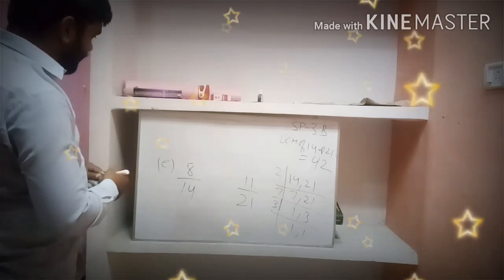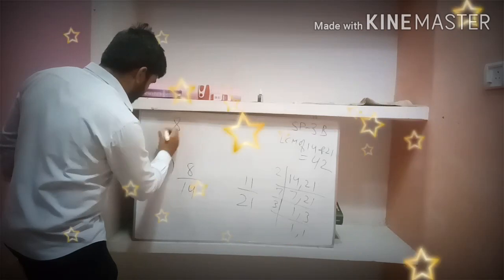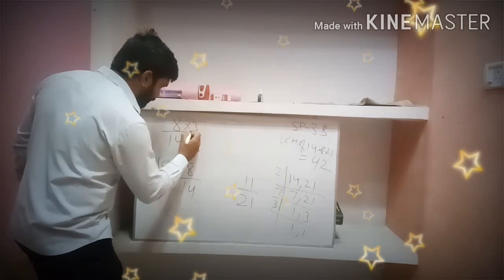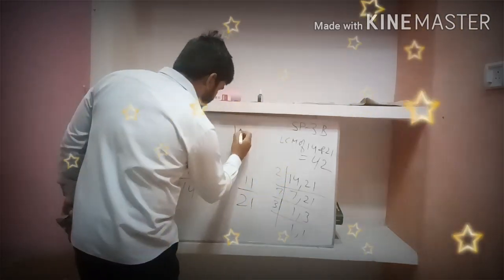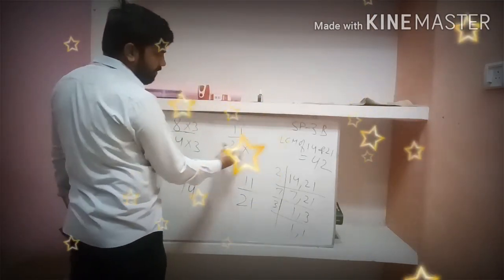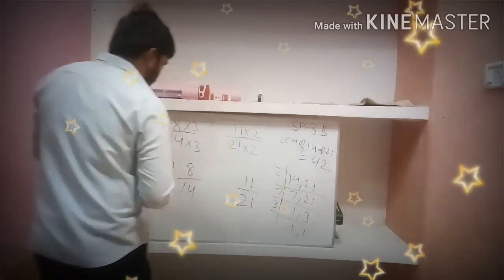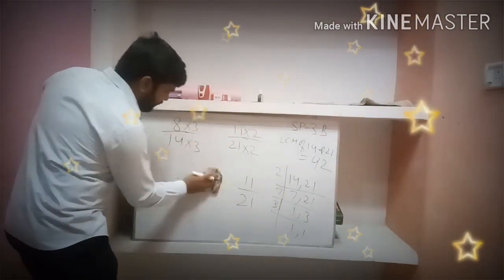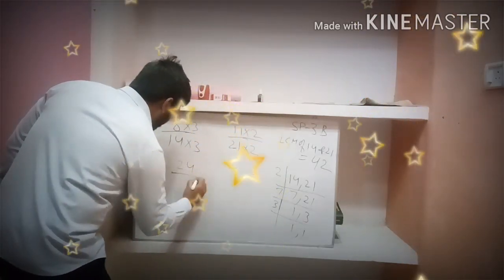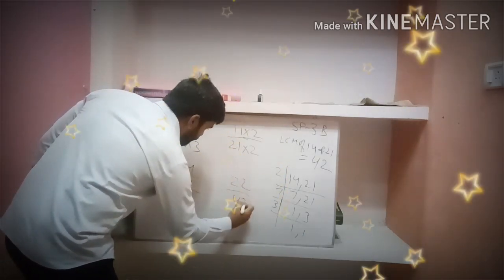So what you multiply in 14 to get 42, equal to the LCM? You multiply by 3. So multiply it with the numerator also. Here 11 by 21. What you multiply in 21 you get the denominator equal to LCM 42. 21 twos are 42. So multiply it with the numerator also. Now you see what is the result. Now the comparison is very easy. Now 8 becomes 24 upon 42 here, and 11 becomes 22 upon 42.